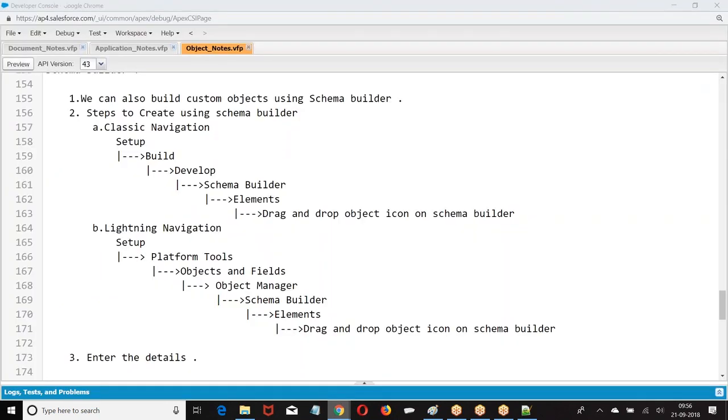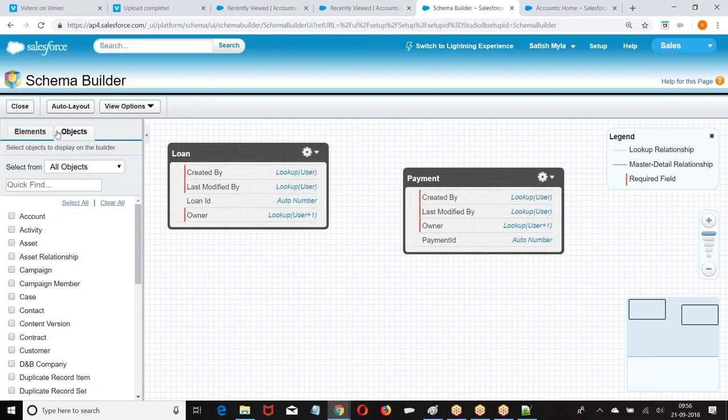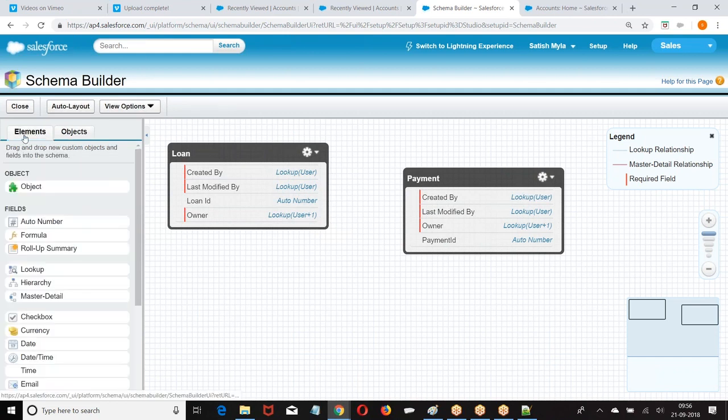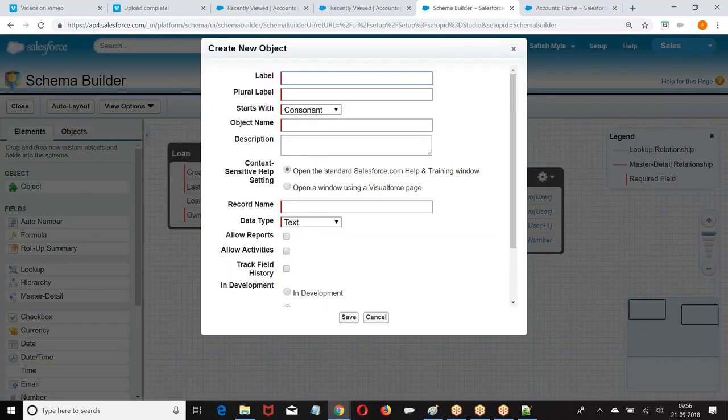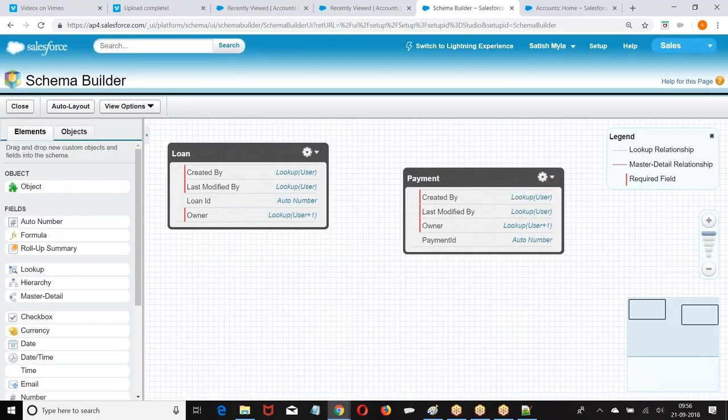There is a slight change in the navigation here: lightning bolt, schema builder. Then go to elements, drag and drop, enter the data. People are good with this? Clear? Okay. Now next.